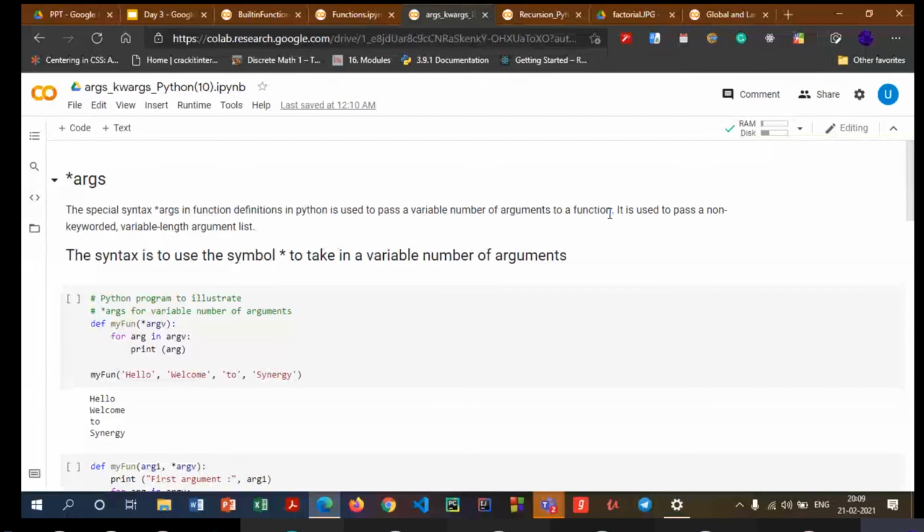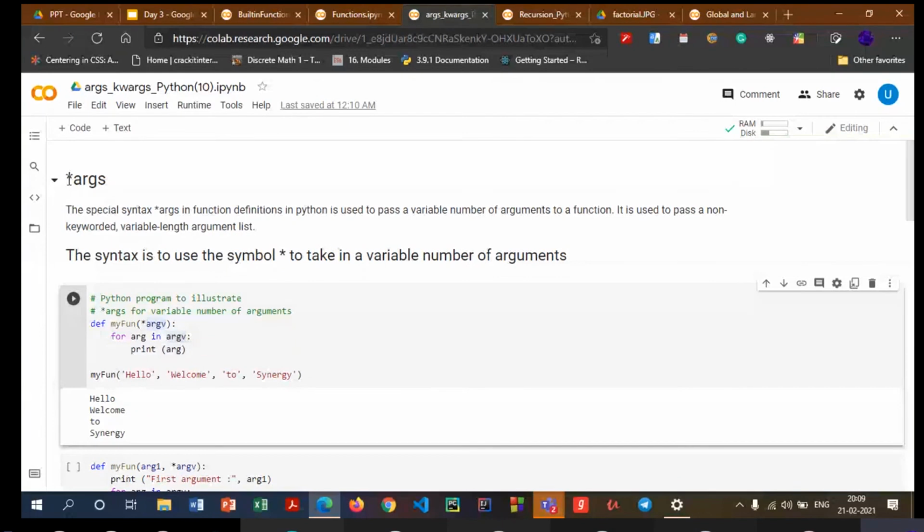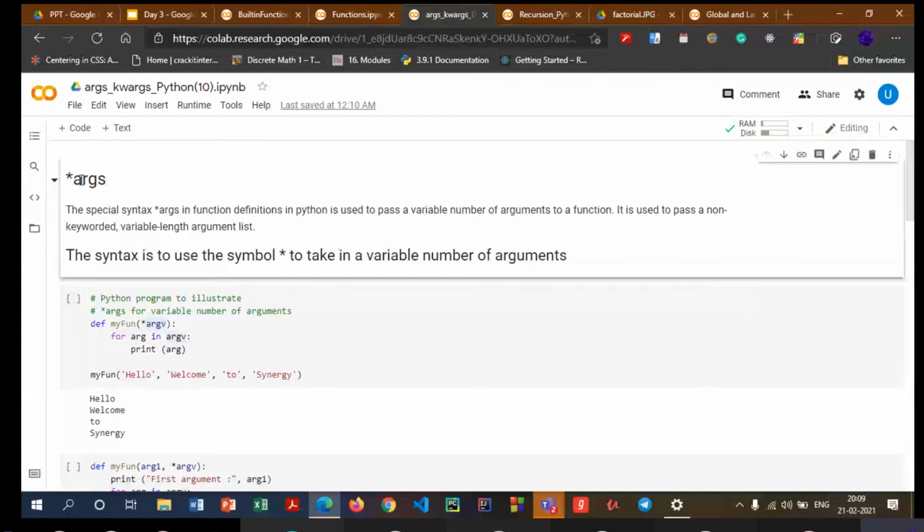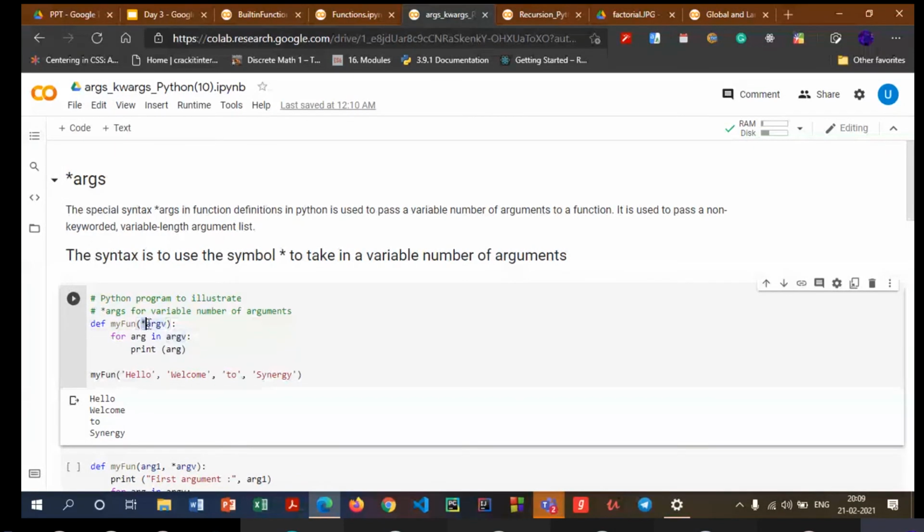A user can pass two values, three values, four values, five values. So you basically have no idea how many values the user is going to pass. In that case, in order to accommodate all those values, we make use of this star operator. When I say star, it indicates that this variable, argv, is going to take a variable number of arguments, and those arguments will be stored in the form of a tuple. So what I do over here is *argv.